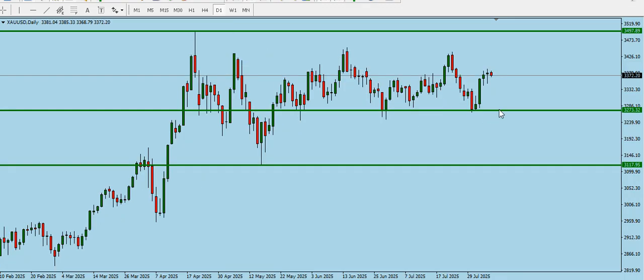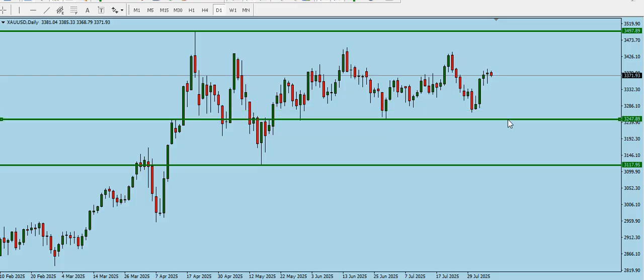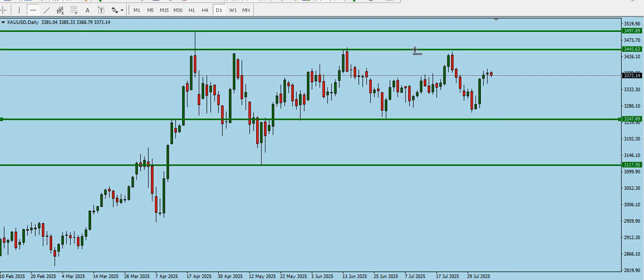Inner range bottom is at this particular level, which is at 3247 area. Inner range top is at 3445 area, but for now price is ranging. We expect price to break out of the inner range area and then approach the outer upper or outer